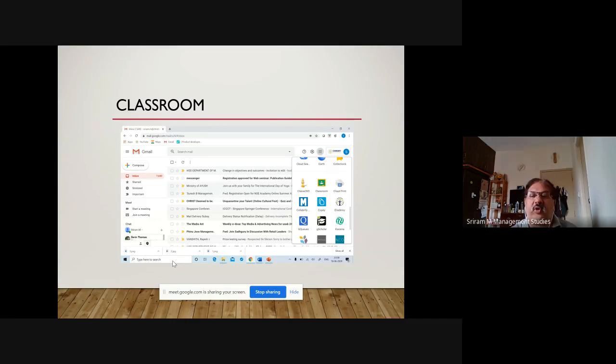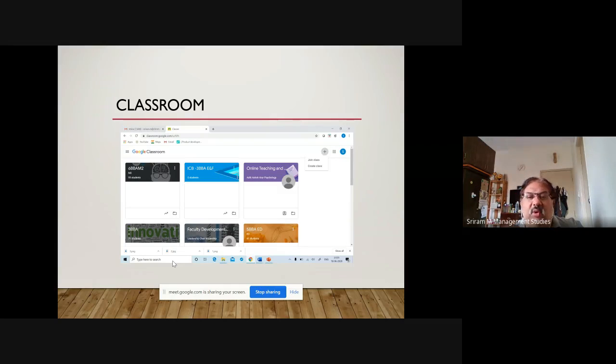And this is very important for teachers especially, the reason being, all your materials, etc., you can post on Google Classroom. Let us go to the first one. This is how the layout will look like. So I have about 4 classes. The other is some extra training programs we had. So this is how the layout will look like.